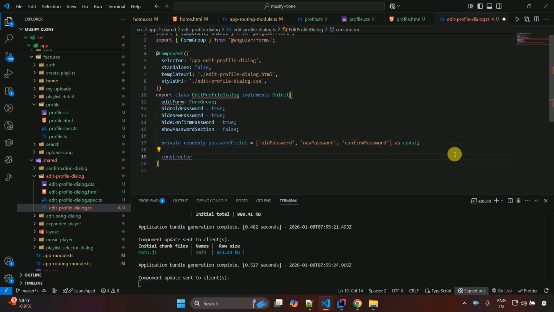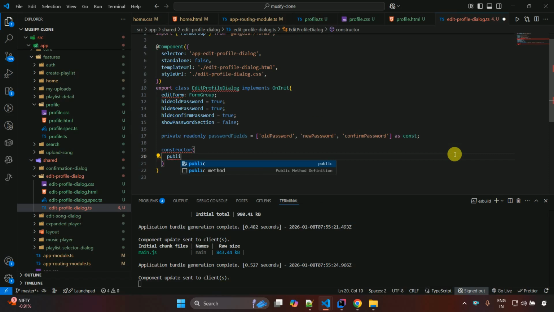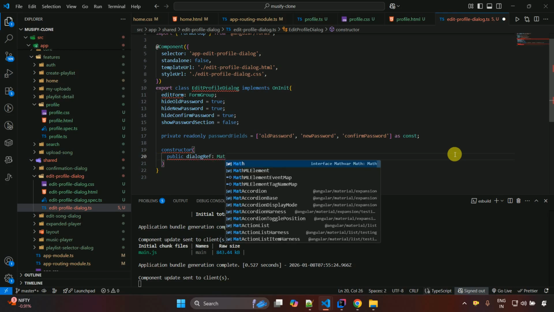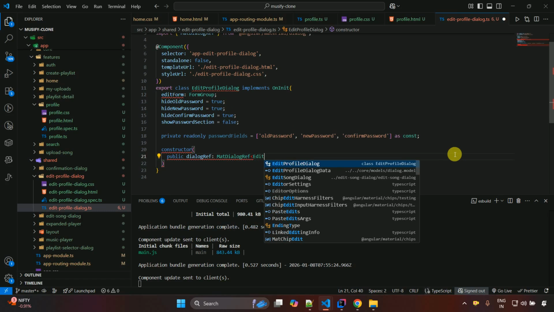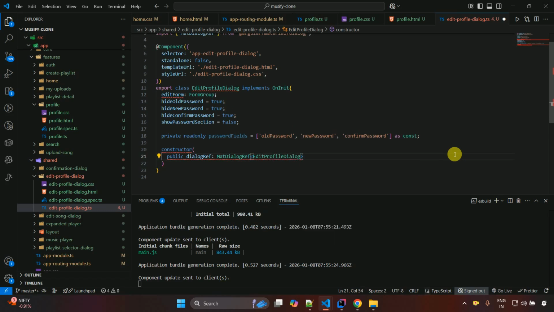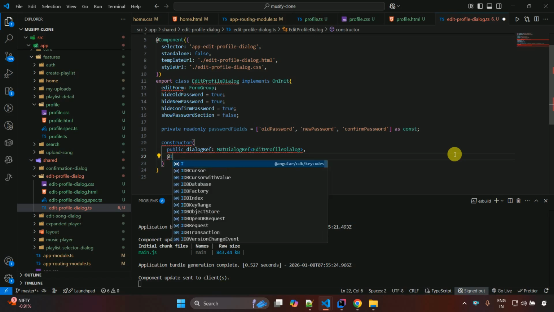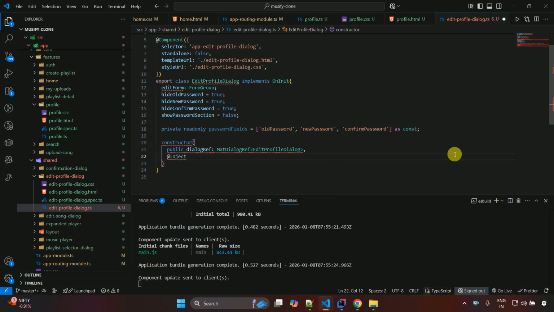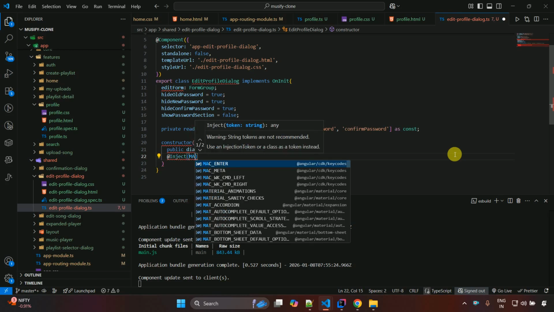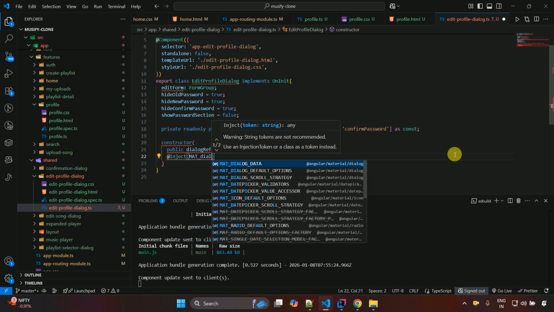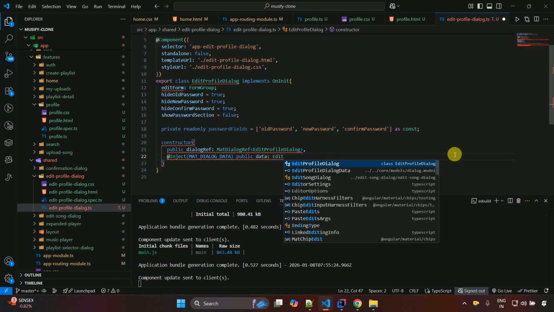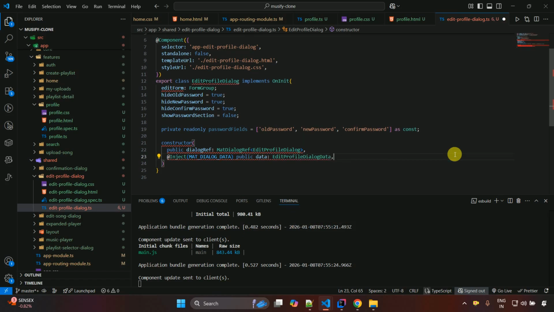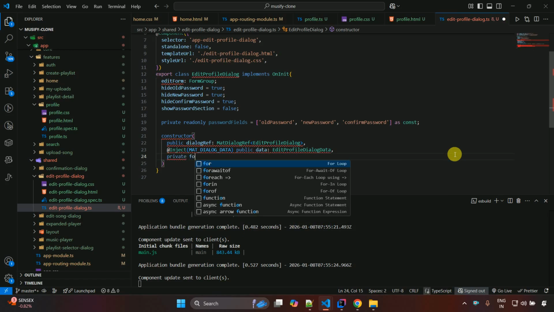Then we have the constructor, and then public dialogRef, and then MatDialogRef, this one, and in this one we have to pass this particular component, so EditProfileDialog, and then we also want some values, so we have to inject, so @Inject, and then MAT_DIALOG_DATA, this one, after that public data, and then we have to write here EditProfileDialogData, this one we need to import, and comma, and private formBuilder,